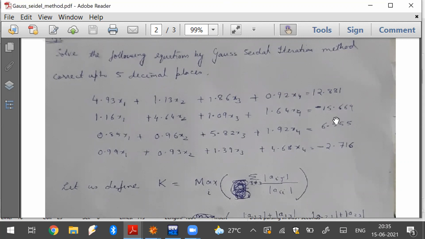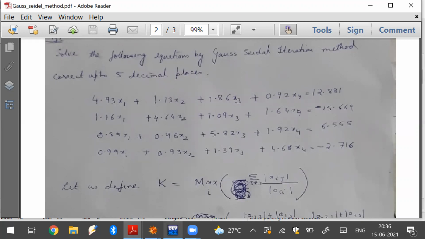And then we will design the program so that if the matrix entered by the user is not diagonally dominant, the program will give an error message showing it is not diagonally dominant: you enter a diagonally dominant matrix. Seeing the error message, the user will understand it is not diagonally dominant and has to be arranged in such a fashion, and then he has to re-enter the matrix in the program. Only then will the program run.